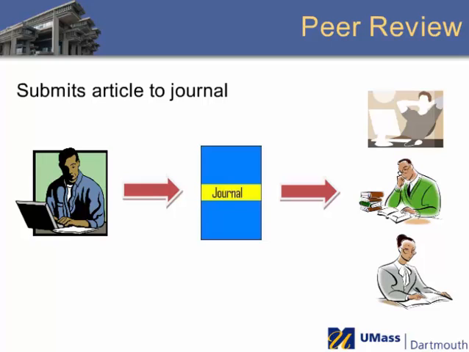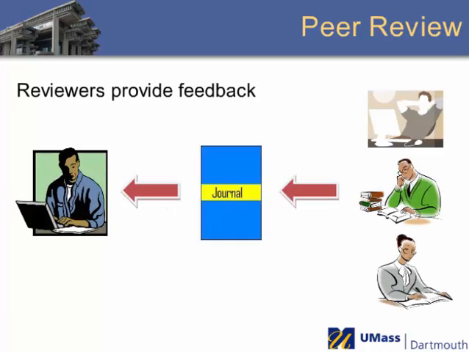So if a professor of sociology is publishing an article in the field, it is likely that other faculty with doctoral degrees in sociology will review the article. The reviewers will examine the methodology and findings, determine whether the article contributes to the body of literature on the topic, etc. After this review, these experts will likely make recommendations for revisions. The author will need to address these recommendations and will likely resubmit the article for publication.